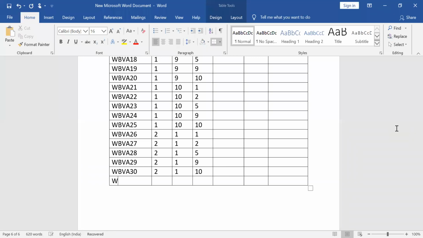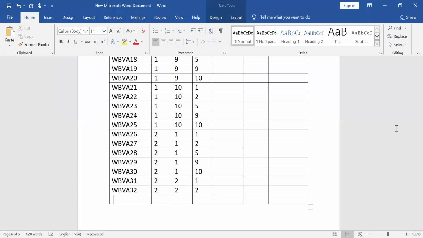So now side 3 is completed. Side 2 you need to take. So with respect to side 2, once again the same thing continues. WBVA 31. So 2 as usual. This is now 2 with respect to this 1. WBVA 32. 2 with respect to this. 2 only with respect to this. This is 2. WBVA 33. This is 2 followed by next value will be 5.